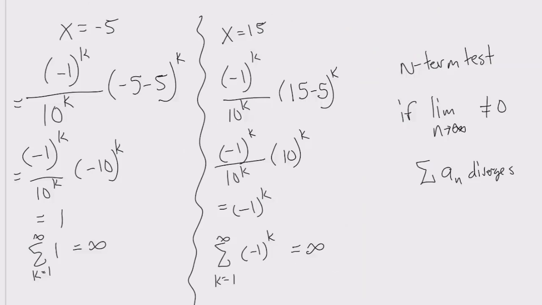Okay, so I kind of sped the process up mainly because I wanted to take a second just to review this. So in series, we have something called the Nth Term Test. The Nth Term Test says if the limit as n approaches infinity of a term is not 0,